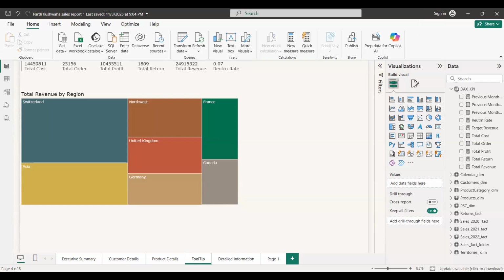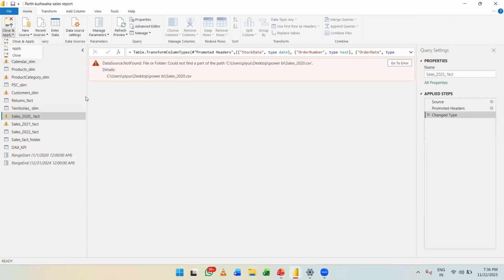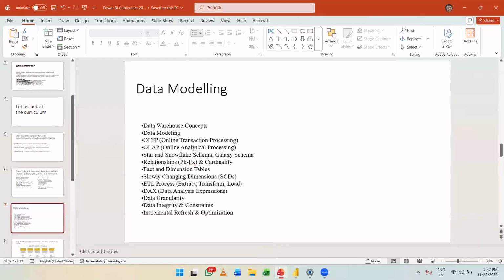So are you sure you're sharing your full screen, like when you move the tabs? So my problem is this. For some reason, Zoom is not doing exactly what I wanted it to do. Let me reshare it once again. Yeah, please. It should be showing it to you now, correct? You should be able to see this Power BI report which I have opened here, and you should be able to see the PPT as well. Yeah, now we can see the PPT.